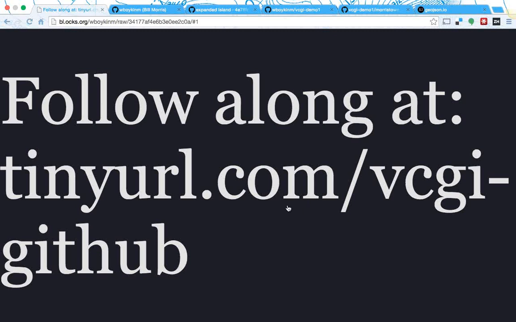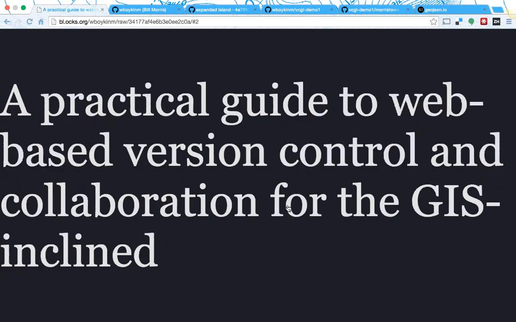The stuff that you'll follow along with here, you'll basically end up with a small web-based map application of your own by the end of following through these resources. So broadly speaking, I'm going to try and get people interested in version control and collaboration with a GIS focus